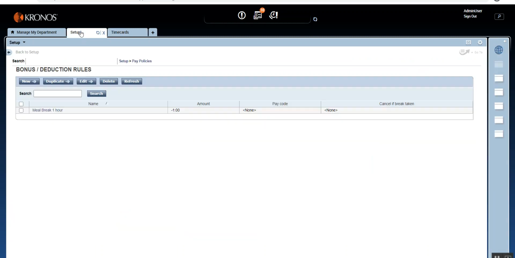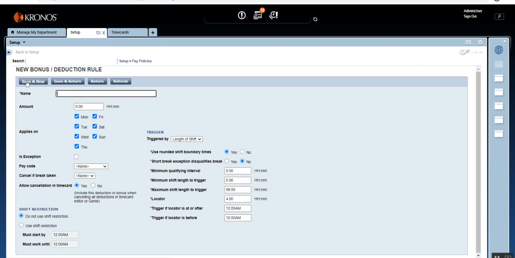So let's go back to the setup, and in the bonuses and deduction rule, let's click on new, and I'm going to name it meal allowance, and in the amount we'll enter 1. That means they will get 1 unit of meal allowance. Now the meal allowance is defined in the payroll system. So whenever they work for more than 10 hours in a day, we will generate a unit of meal allowance